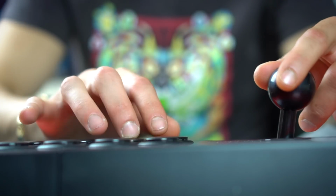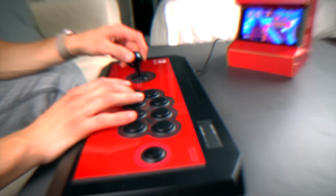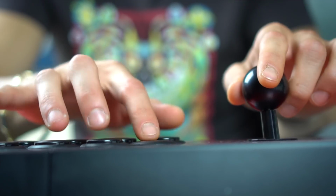So all in all, I'm very impressed with the Real Arcade Pro 5 Hayabusa Fight Stick, and I think that HORI really set the bar quite high when it comes to what you can expect out of future Switch accessories. It's definitely a little more on the pricey side in terms of controller options we currently have available on Switch, but you get what you pay for, and in this situation, that's a really good thing because everything about this